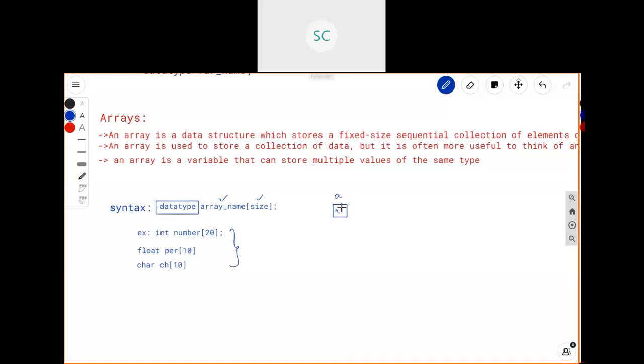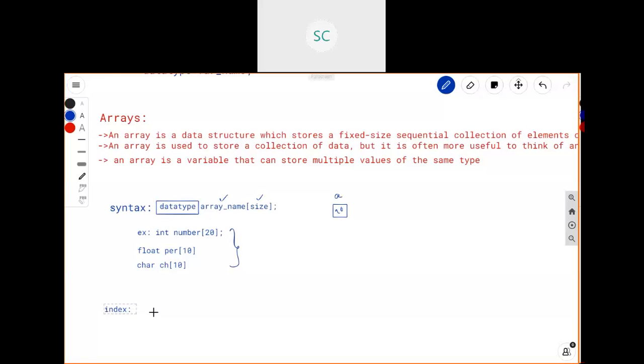Then how will it be stored in RAM if you declare an array like this? The data is going to be stored in an array based on the index value.